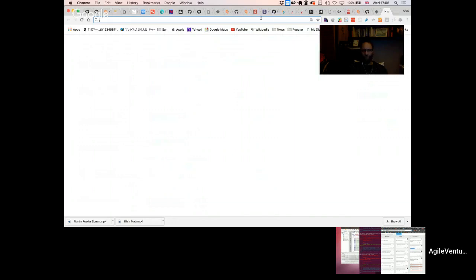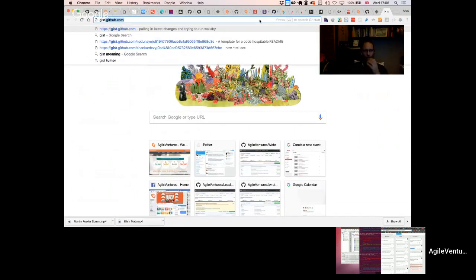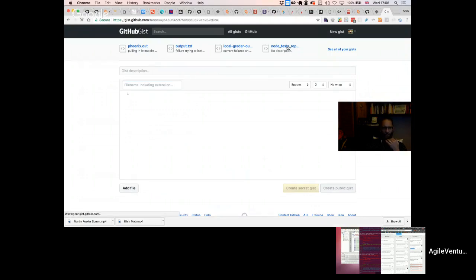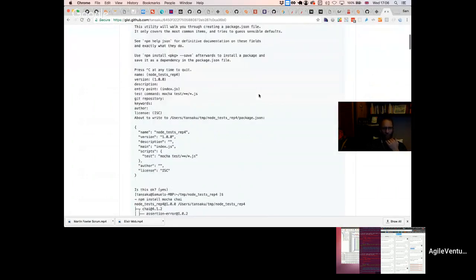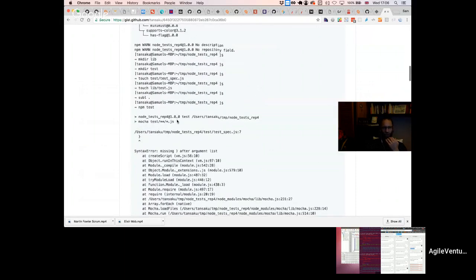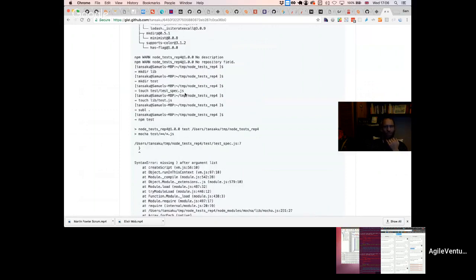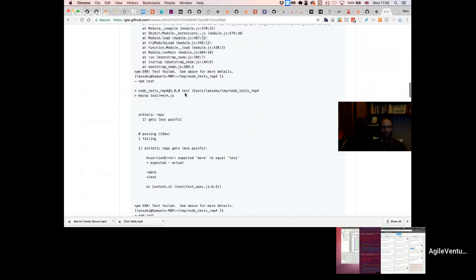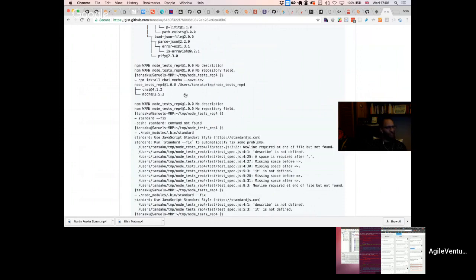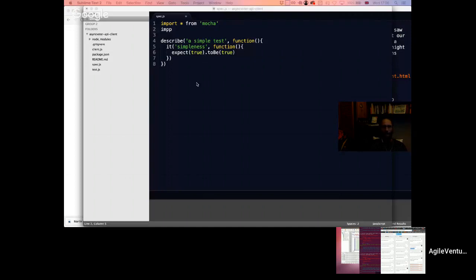Are you set up for ES6? Is that supported here? I don't know. We'll find out. I was going to look at my history. There we go, node tests rep. There you go, that was it. This is me repping through creating. Yeah. So npm mocha and chai, and this actually doesn't have the code. It just shows me the failures that I got from the individual things. I guess does that end up in my temp? Oh, he's doing requires. Okay, like he's doing requires. Yeah, I mean, I can probably speed this up by looking at the